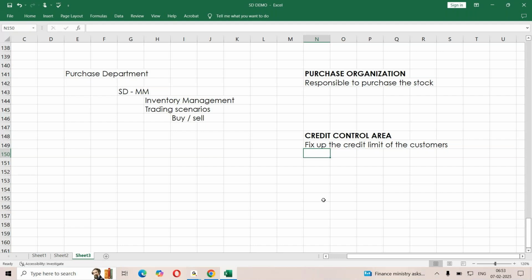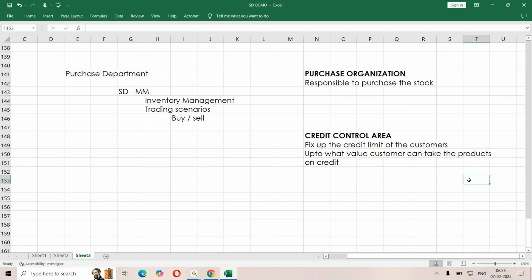Up to what value a customer can purchase stock on credit will be fixed by this particular team. They fix the credit limit of the customer, up to what value the customer can take products on credit. That is fixed by this credit control area.